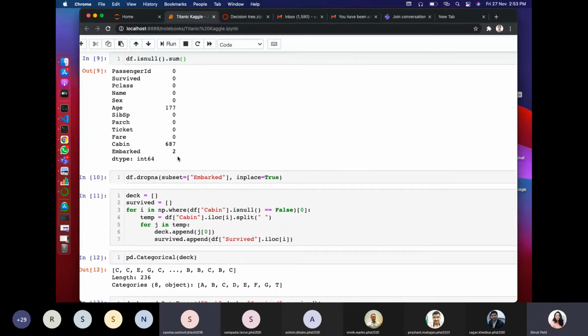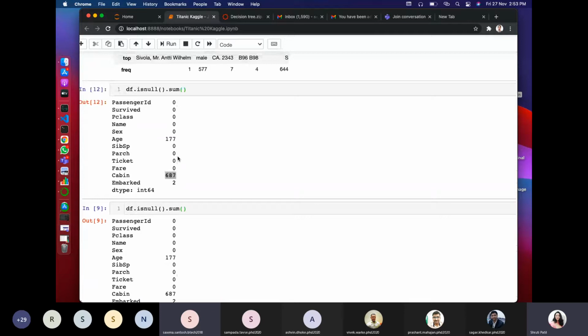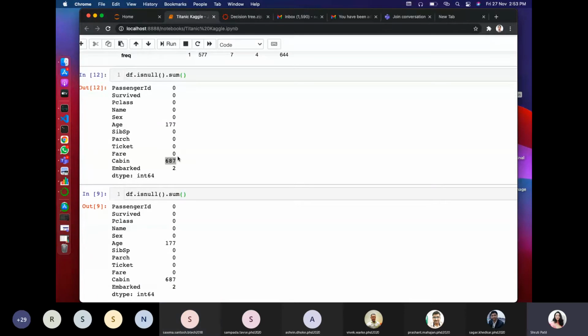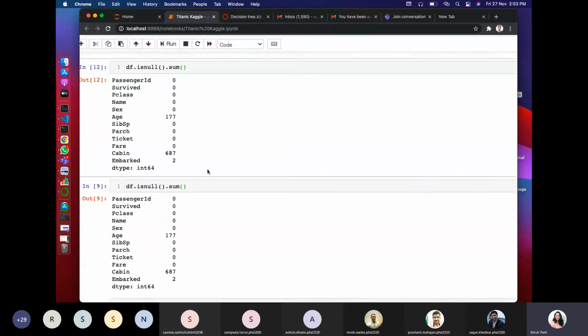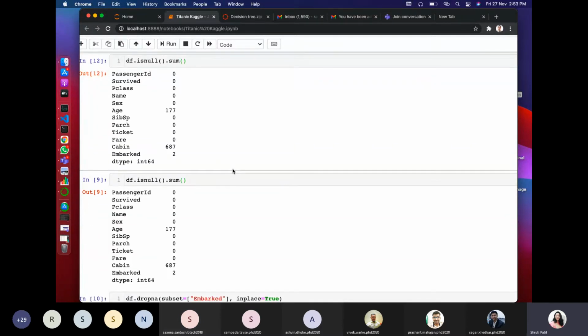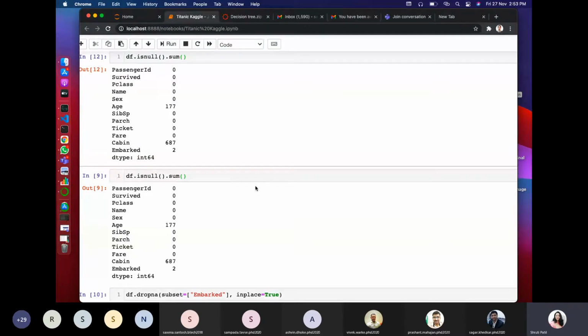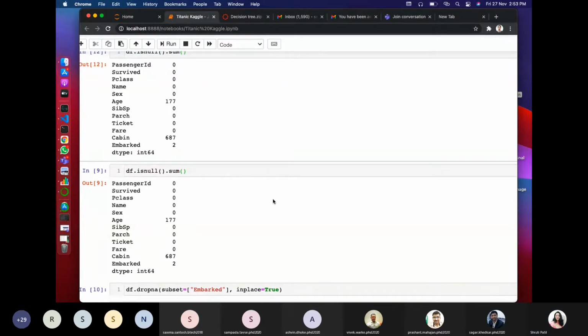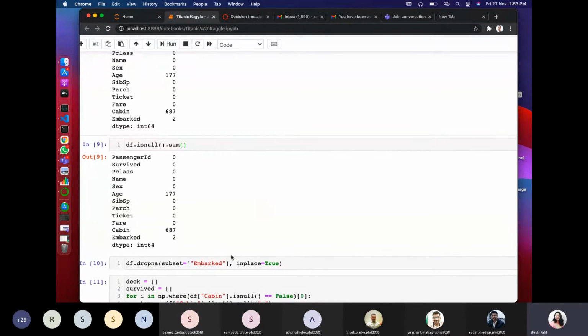What are we doing with all these things? We are doing the first initial steps of feature engineering. We are not doing feature selection or feature reduction, nothing. We are just loading the data set and trying to analyze it first.